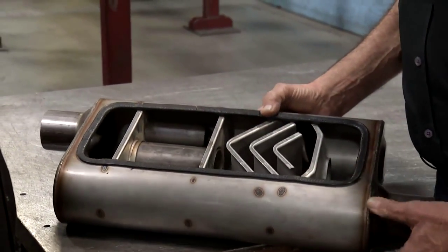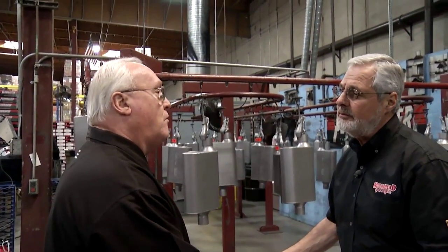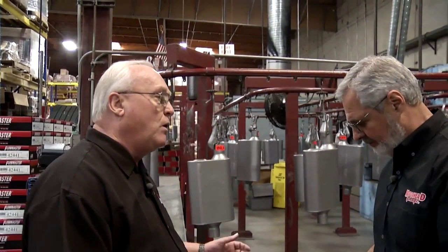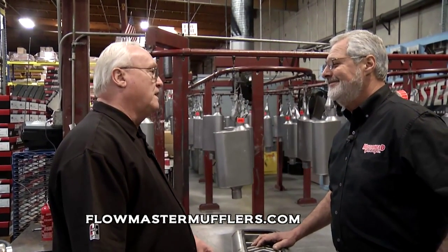All right, this is a 2-chamber. If you had a 3-chamber muffler, what would the third chamber be for? Well, again, it would either quiet the muffler more, or it might regenerate sound so that you'd have a different sound coming out of the muffler than coming into it, depending on what we're trying to accomplish in that chamber. It really is a technology company. It is a technology company. That's the reason we're known as a...